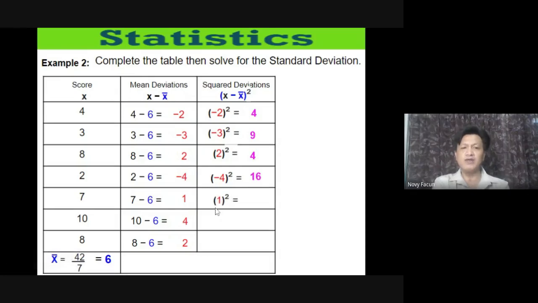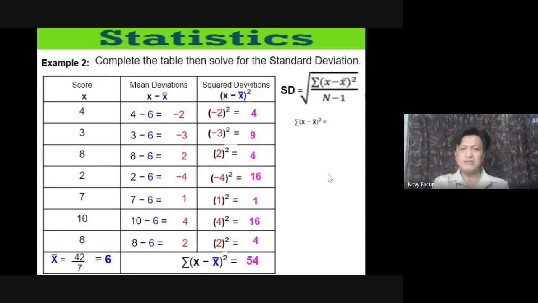Then, 1 squared, 1 times 1, 1 pa rin yan. Then, 4 squared, that is 4 times 4, 16. Then, 2 squared, meaning to say 2 times 2, 4. Kapag nakompleto na natin yung square deviation, we can now get the summation of this. Add lang natin yung 4 plus 9 plus 4 plus 16 plus 1 plus 16 plus 4. The summation is 54. And then, kapag nakompleto na natin sa table, okay, balikan natin yung formula natin sa standard